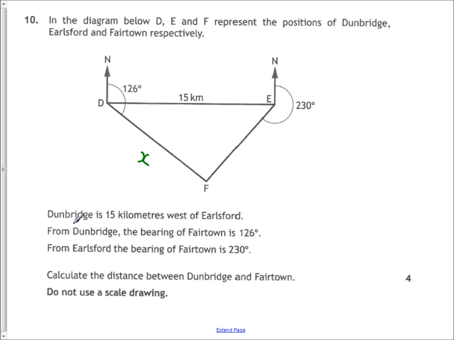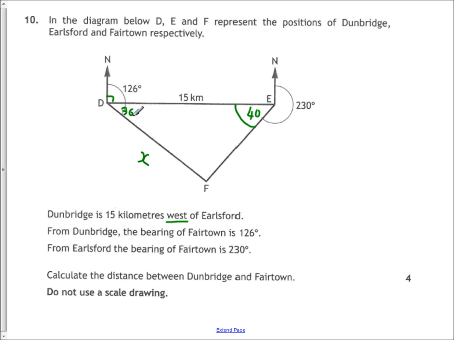Key information: Dunbridge is west of Ellsford, so this line here is dead horizontal. So you can easily work out that this is going to be 40 degrees, okay? And because you know that's 90, because from north to this line going from west to east is going to be 90, you can see that that's going to be there